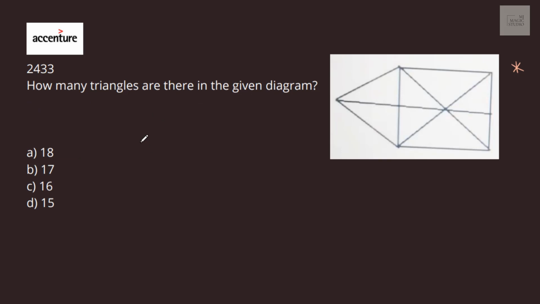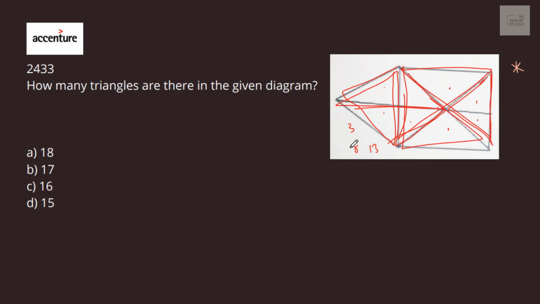So a figure counting question was also there on 5th, 7:30 p.m., Accenture Drive. Yes. How many triangles are there in the given diagram? Here it is 1, 2, 3. If we consider this 3 and 4, 5, 6, and then it is 7 and 8 here. 9, 10, 11, 12, 13, and then it would be 14, 15, and 16, 17. What I can make out is 17 triangles on this particular diagram. I'll go with option B. 17 triangles is what I can see.